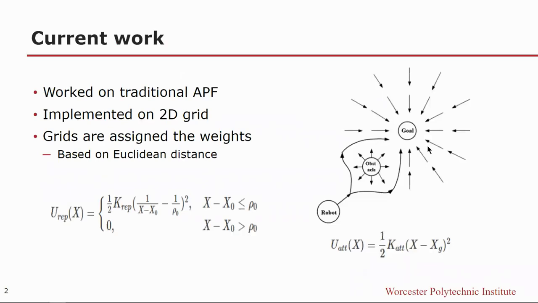The cells on the 2D grid are assigned weights based on the Euclidean distance between the robot position and the target position and the Euclidean distance between the robot position and the obstacle position. Our basic goal is to overcome the limitations of the traditional APF method, and the problems we have identified after implementing the traditional APF method